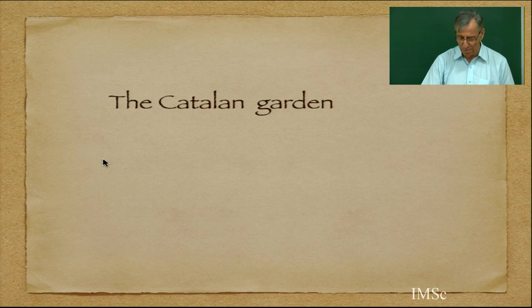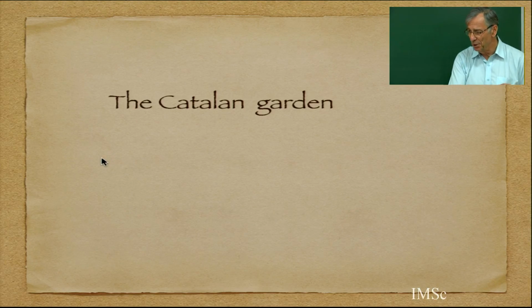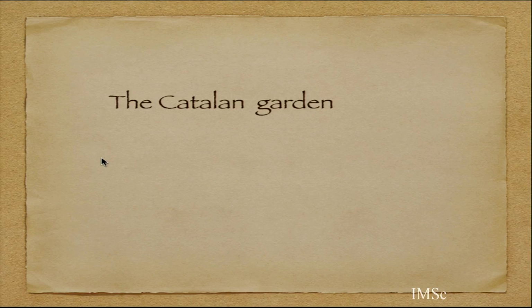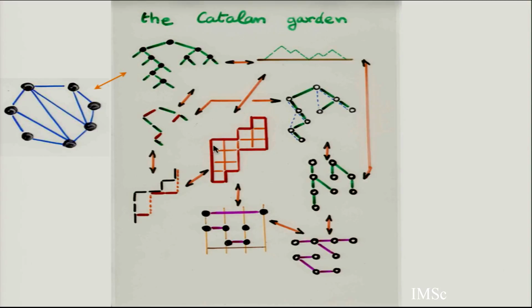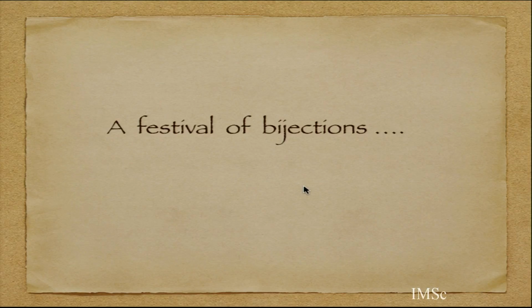So I say that this bijection from staircase polygons to heaps of segments, in fact, you can produce it automatically by looking at the beautiful Catalan garden. There are many objects, you see, and there are many bijections with commutative diagrams inside. We see the staircase polygon with the heaps of segments here. Staircase polygon, go back to this, to trees, to triangulation, here Dyck path, here again trees, forest of trees, and you can go from this to this and go back to the heap, but I'm not going to do this because I am going to use a bijection of the class. So a festival of bijections.